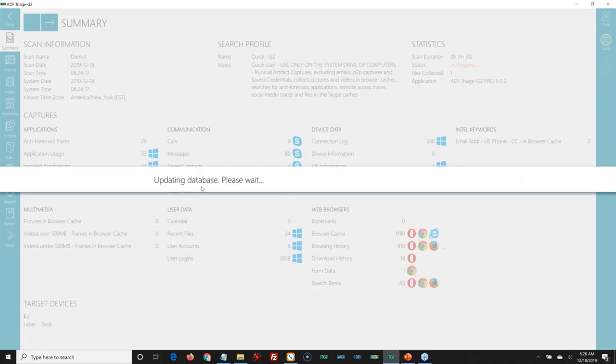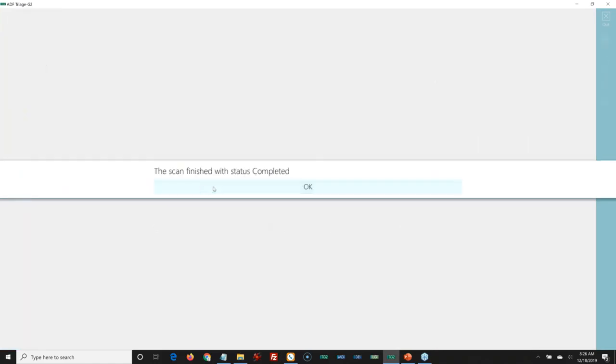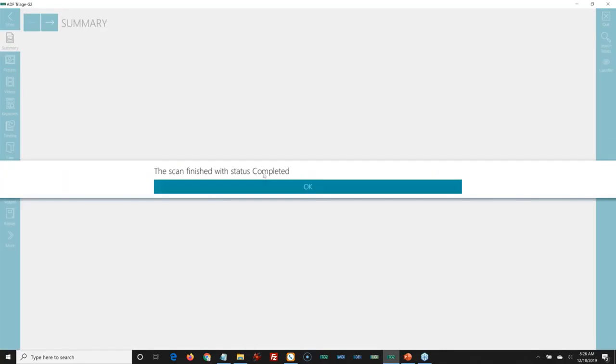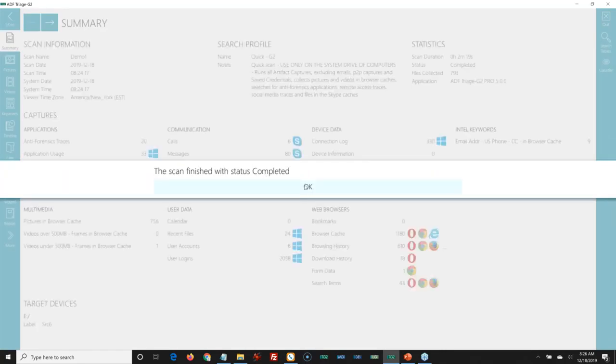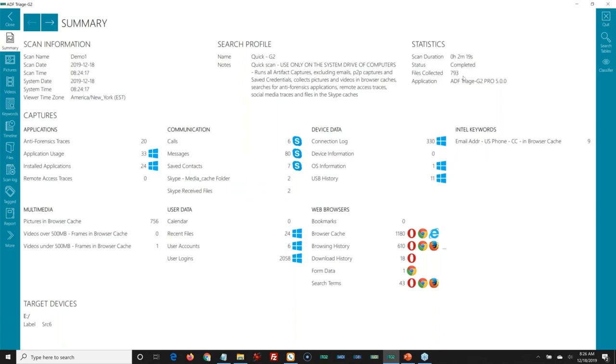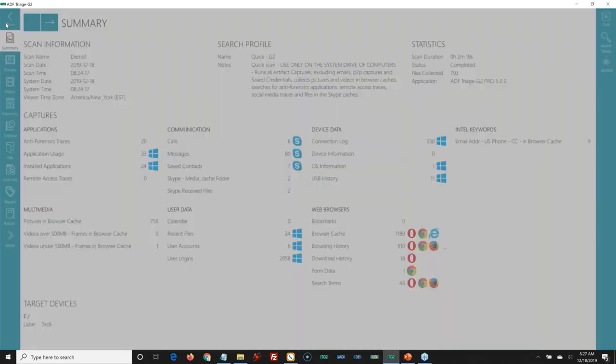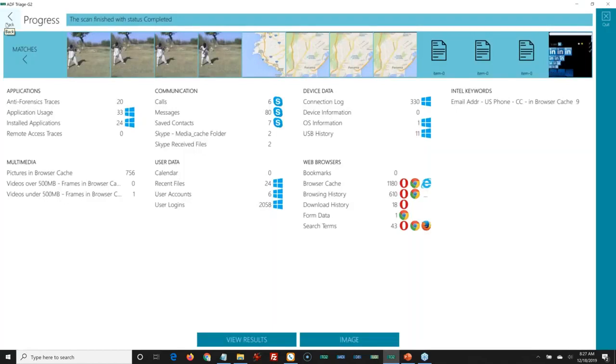You can see it's updating here because my scan is now completed. So I was in there viewing, it completed, I hit OK. 2 minutes and 19 seconds. This was a typical user partition. It collected 793 files and all those artifacts. So let me move on from here